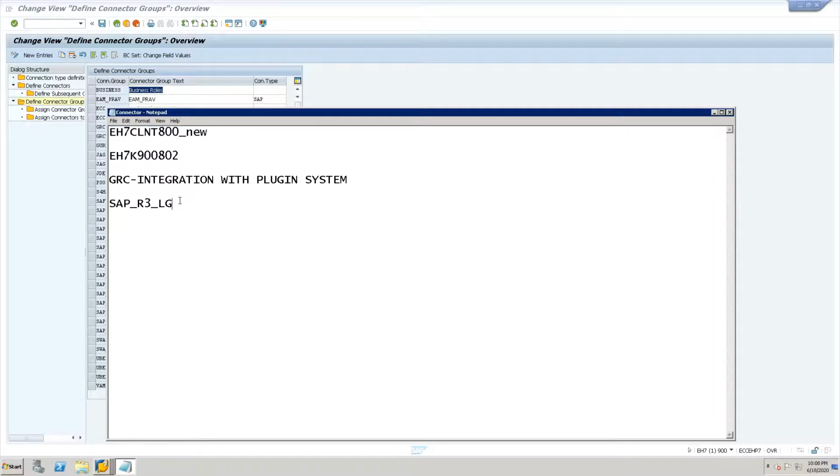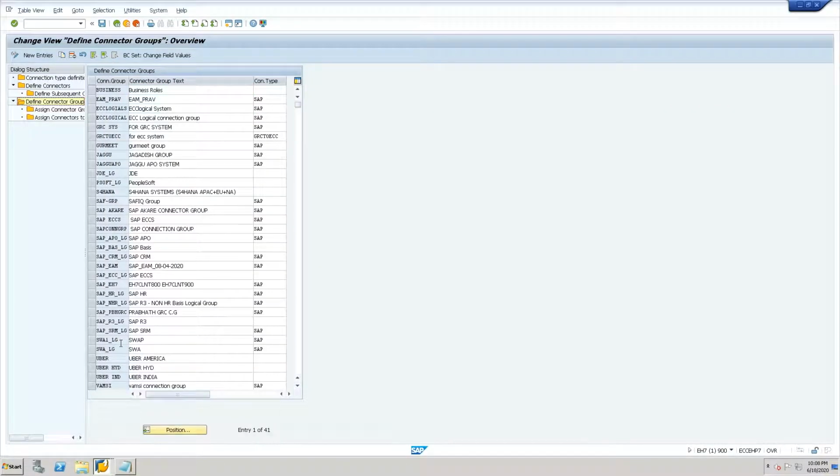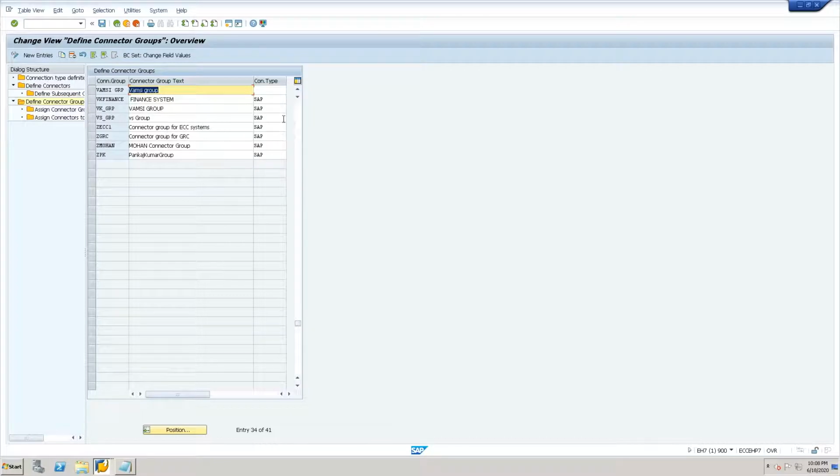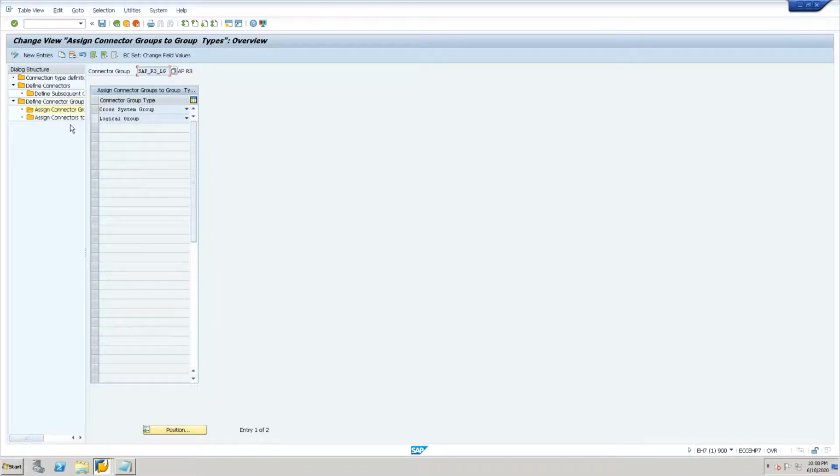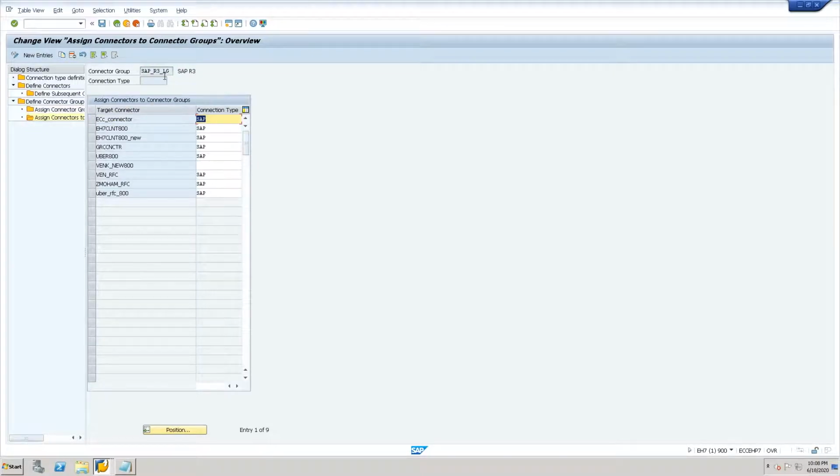We have mentioned SAP R3 LG. So this is the connector group SAP R3, and under this connector group we have added our backend system. So right now, I believe you are clear.